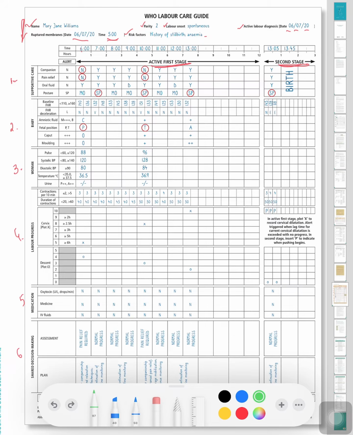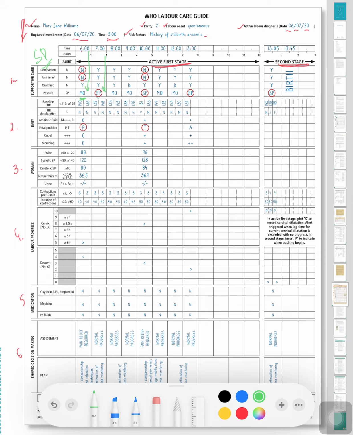Okay, so next come the postures. So in postures you have two things. MO stands for mobile, that means that the patient is mobile. That is totally fine, that is okay, you are happy with that. And SP means supine position. Now the supine position is an alert, you have to be conscious of that. Okay, you have to tell your senior or anyone, and you are going to write this here and circle with the red pen. So when she came at 6 o'clock, she was mobile, so you wrote MO over here.